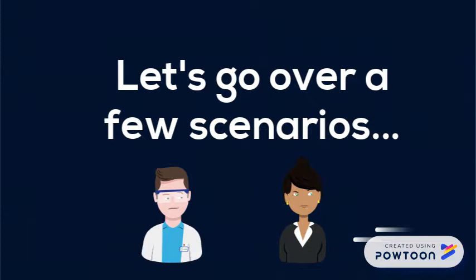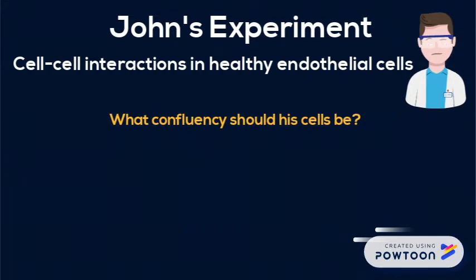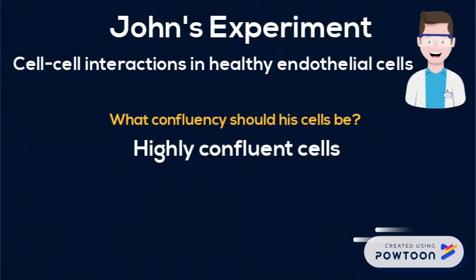When designing an experiment, the cell culture confluency must be considered as it could influence the results. Let's go over a few scenarios to better explain why. John's experiment studies cell-to-cell interactions of healthy endothelial cells. He should perform his experiment on cell cultures at a high confluency. These cells would be in plateau phase where they are touching one another, which is how these cells are found